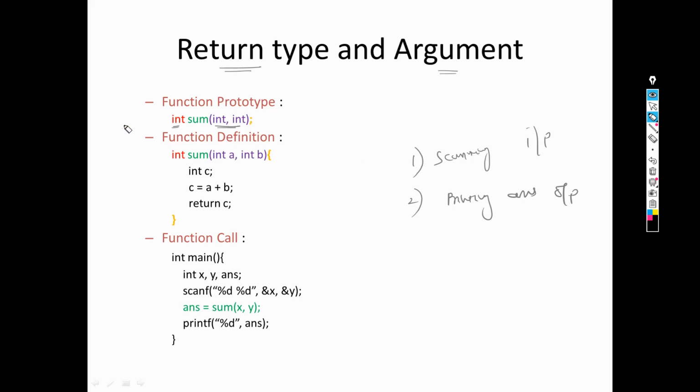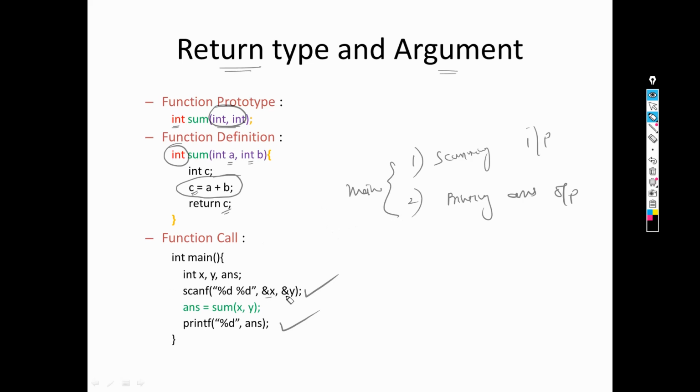So now you can see, since it is getting input, it is not taking any scanning over here. So it will directly take whatever the value it will be receiving from main function. Based on that, it will perform the operation and it returns the answer. Answer is there in C, so it returns the answer because return type is there. Now here, both the responsibilities, first is scanning and second is printing the answer. Both these responsibilities are taken care of by main function.